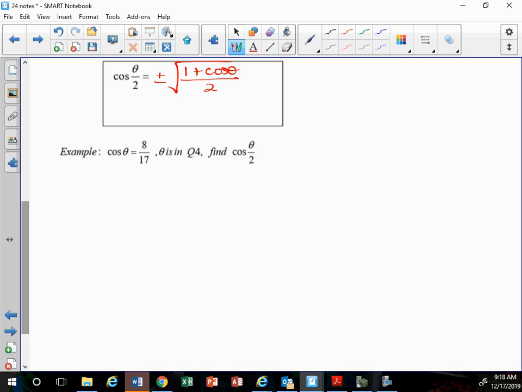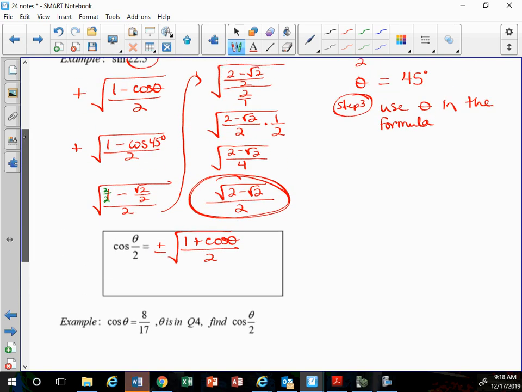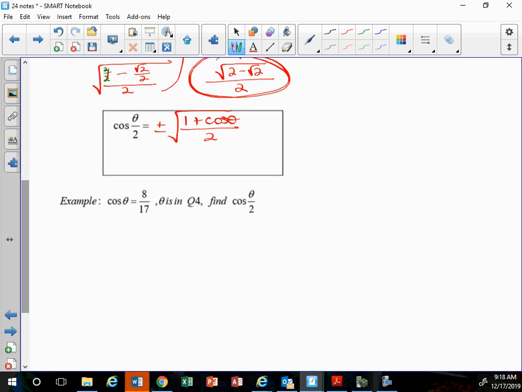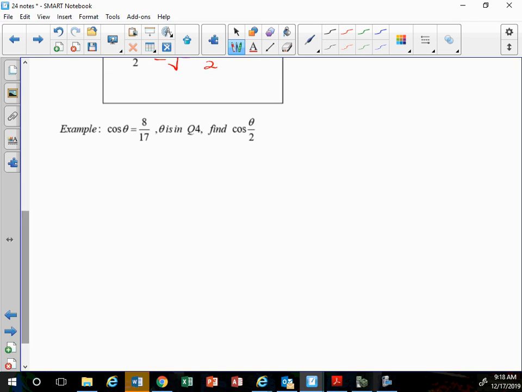So the example here, does this look the same as the first one, or does this look like a totally different type of problem? Totally different type of problem. So I can ask you these questions in two different ways. The first one, I gave you a very specific angle. I said find the sine of 22.5 degrees. You knew exactly where that was. It's one angle. The second one, all I tell you is that cosine of our angle is 8 over,